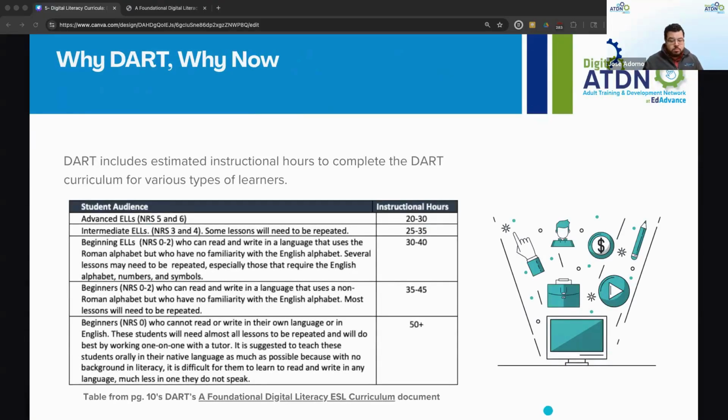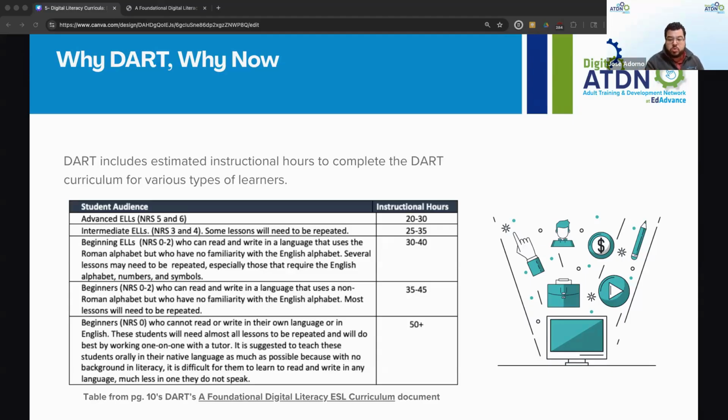A very popular section of the curricula that comes up in my conversations with agencies is actually the estimated instructional hours to complete Dart. And as we see, it's very extensive. It's very extensive once we start to see beginner, which are NRS 0, which is stated as 50 hours.